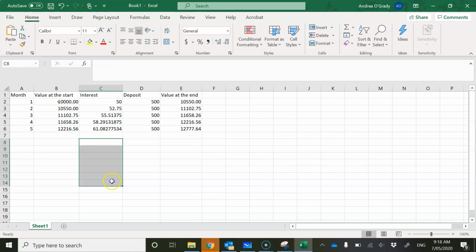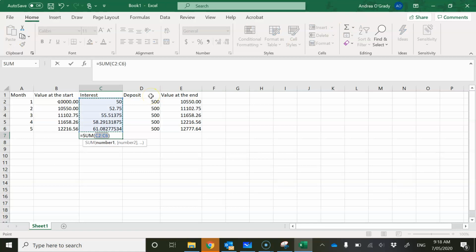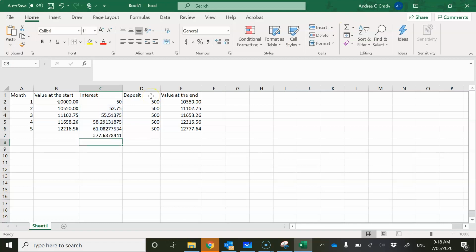Okay, what I want to do is go the sum. Correct, that's what I want to find, and it's $277.63. It actually would round to 64, so that's my answer for B here. And here is my answer for C, which is what is the value of the annuity at the end of 5 months. Here is the answer to question C, reading from our table. It would be $12,774. So I hope that's